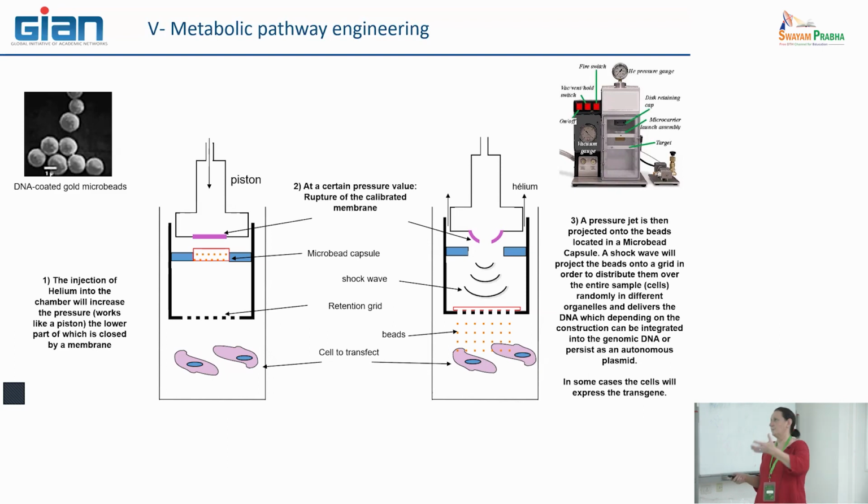Okay, so what happens when you go down the piston, you increase the pressure in this part. And here, there is a membrane that is less strong than the rest of the piston. So at one moment, when the pressure becomes very high, this membrane disrupts and it makes a sort of wave of pressure that disrupts this capsule containing the beads, and the beads are projected